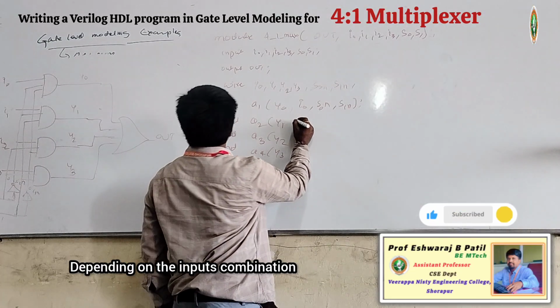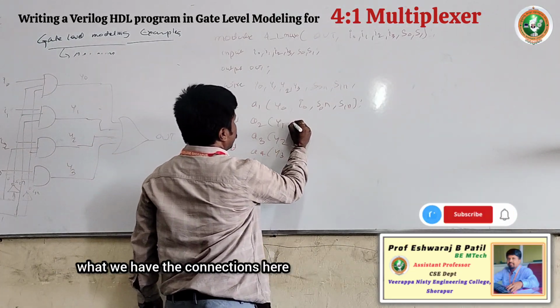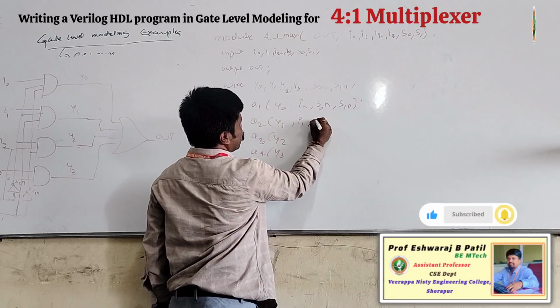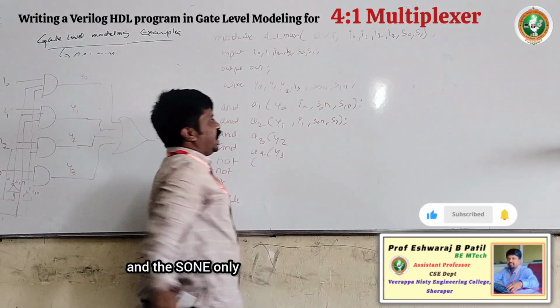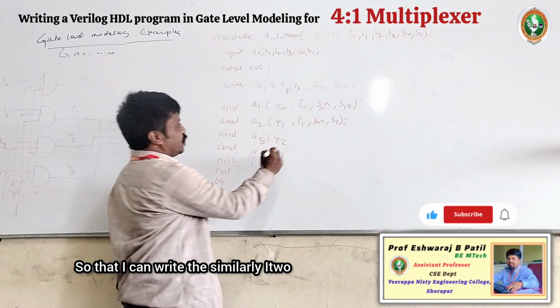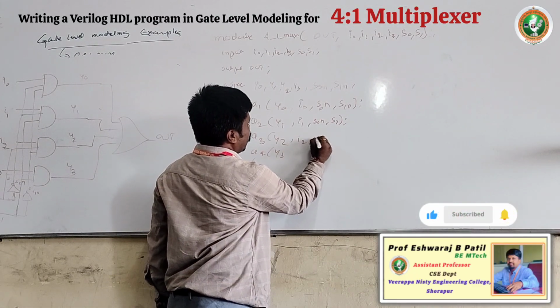Because depending on the input combination, we have the connections here. Okay, then I1, S0n and S1 only. So I can write similarly I2, S0n,